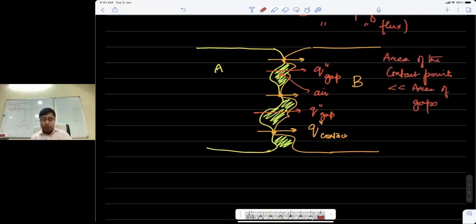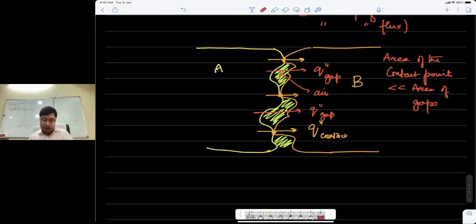So these gaps take much more area. Yeah, but sir, if the surface finish is good enough, then delta T coming can... I'm coming to that. Wait, I'm coming to that. Don't worry.